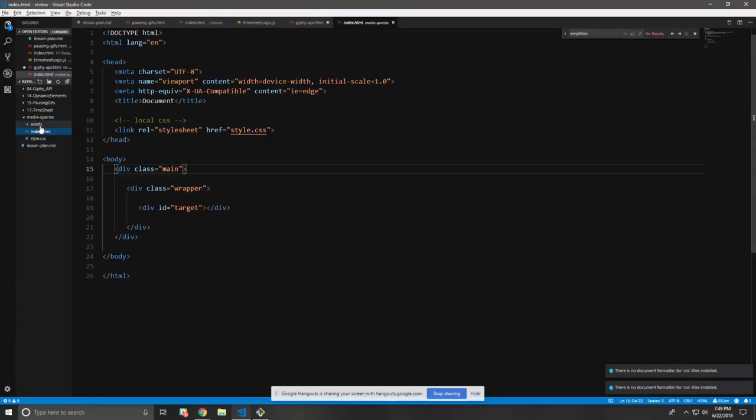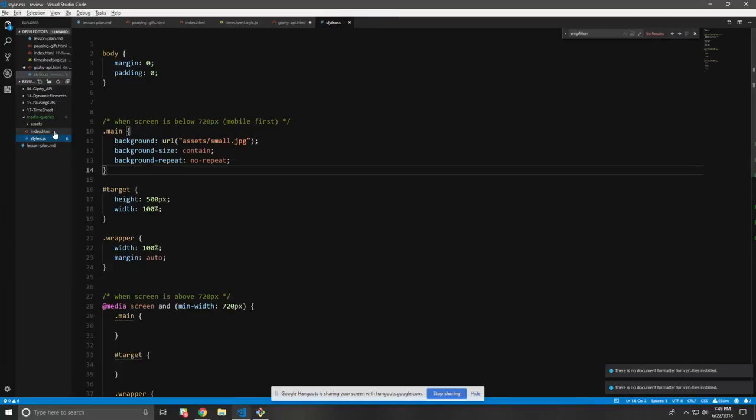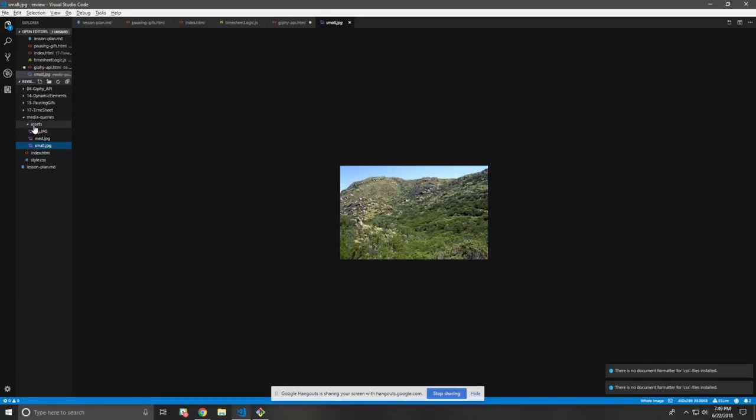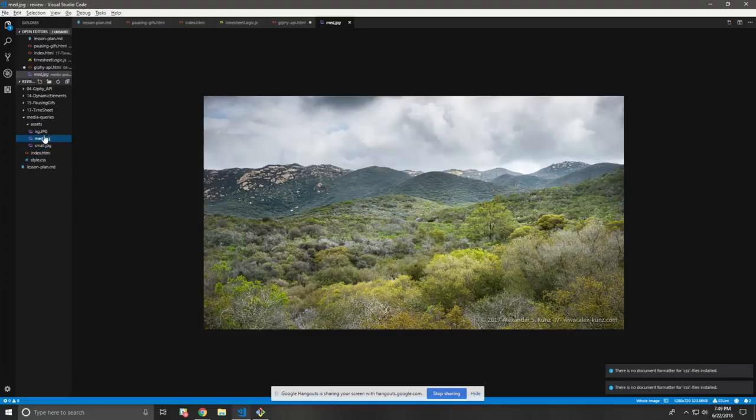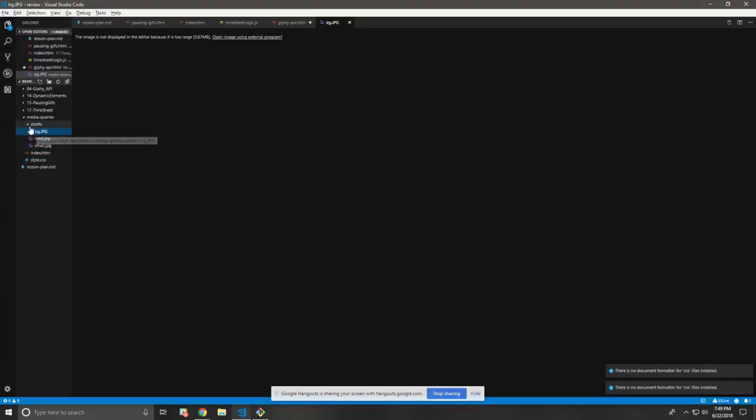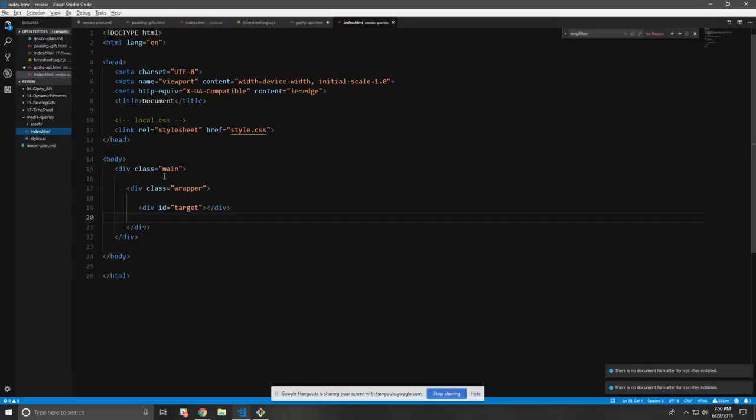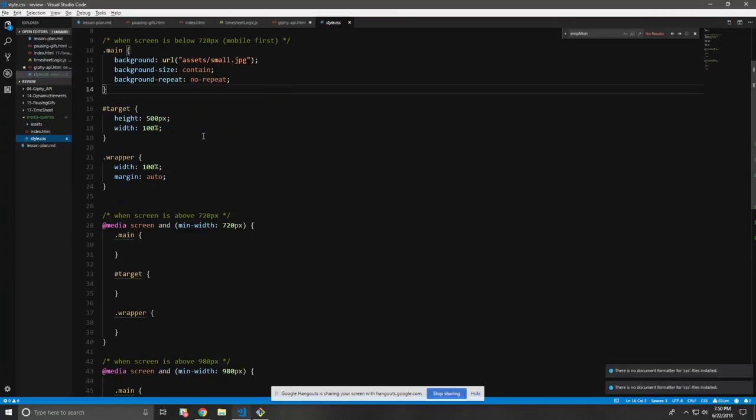All right. So we have index, and this index is very simple. It's just a couple divs here, and then we have our style and assets with some images in it. The images that I have, the small one is really small, medium is all right, the large one is extremely large. So here in the CSS,